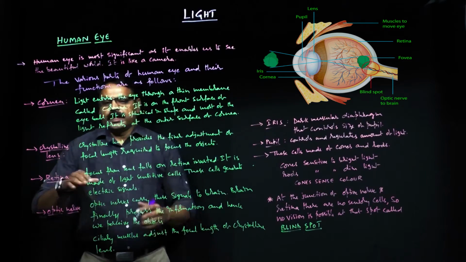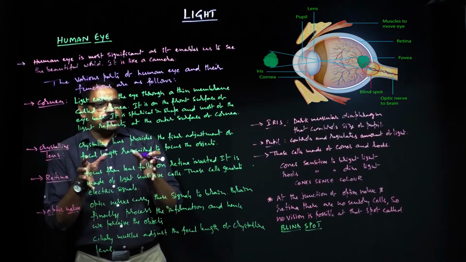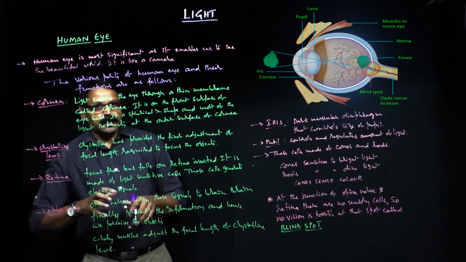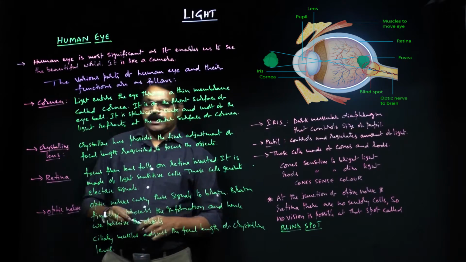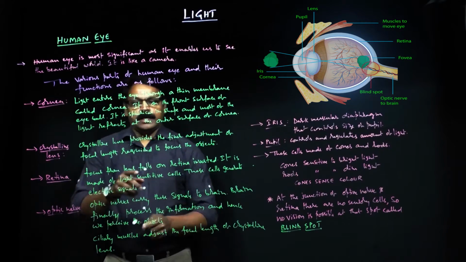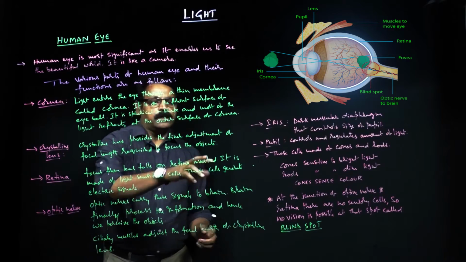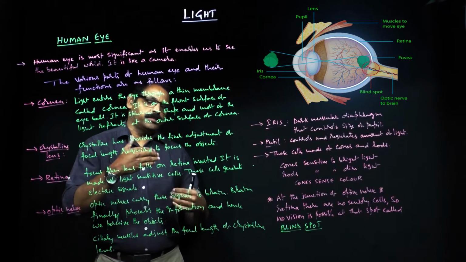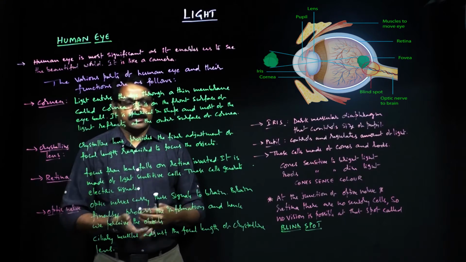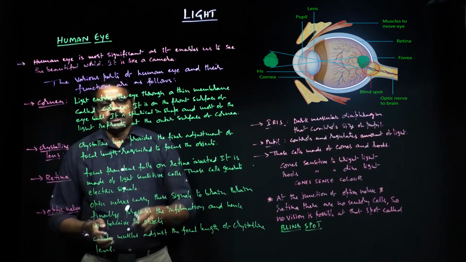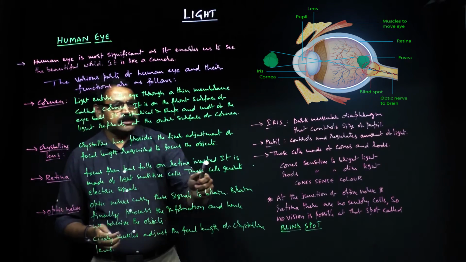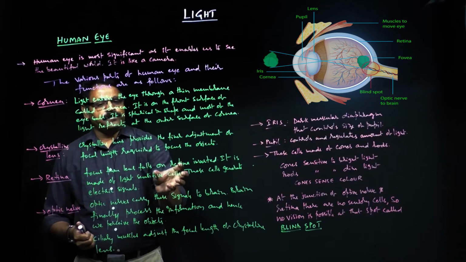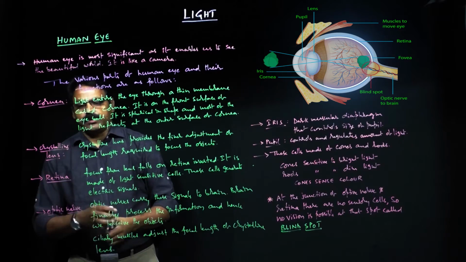Now the next comes is the retina. This is the crucial part. This is an important part of our human eye. Retina cannot be replaced. So here the focus from the lens falls on the retina, which is inverted of course, and then your brain can interpret it so as to get the real image. So focus from the lens falls on the retina, that is inverted, and it has got sensitive cells,